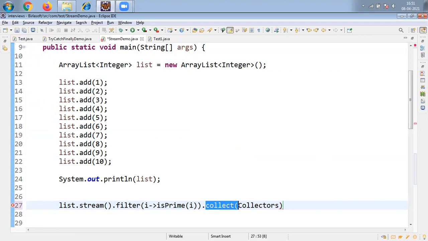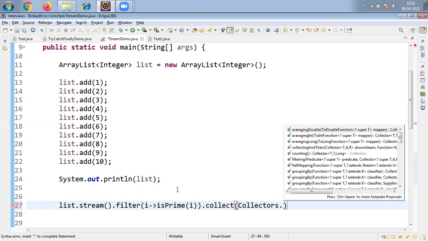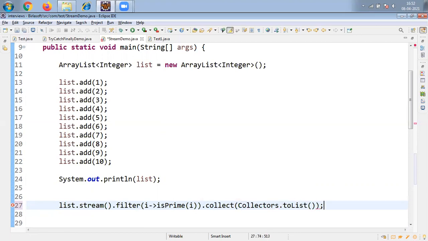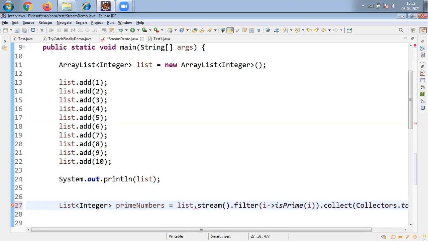I have 4 numbers. In which format do you want them? Okay boss, you have 4 numbers, so put them into a list. This collect method will return a list of integer. Then primeNumbers or something equal to, you can put it.